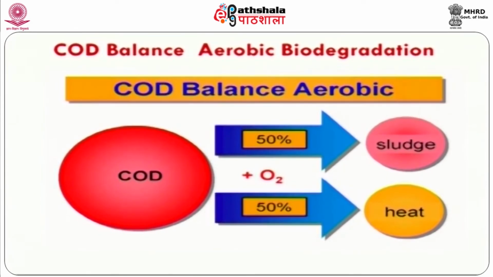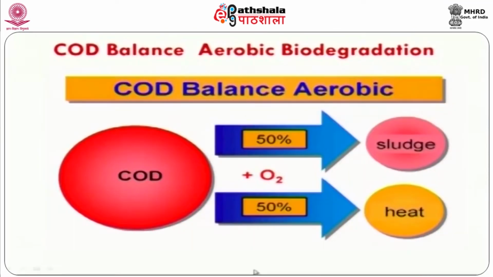favorable for bacteria. In aerobic activity to be maintained in a mechanized way, we have to provide all favorable conditions at optimum level. By this way, we can definitely promote the growth of aerobic bacteria in a mechanized system. So, this is a simple mass balance diagram of how the transformation occurs during biochemical transformation.